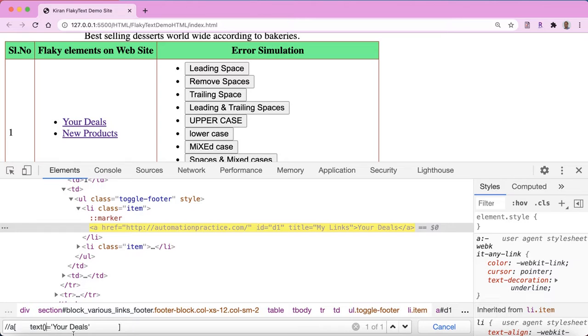How do we do that? First, normalize-space is a function. We need to pass the text inside this function. So for that, we take this normalize-space and we encapsulate the text with this function. So now your deals. Now you see,